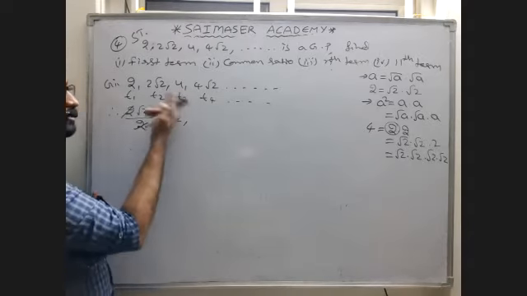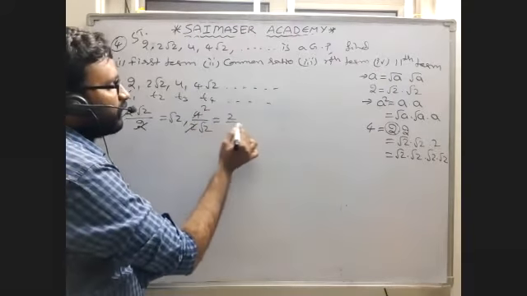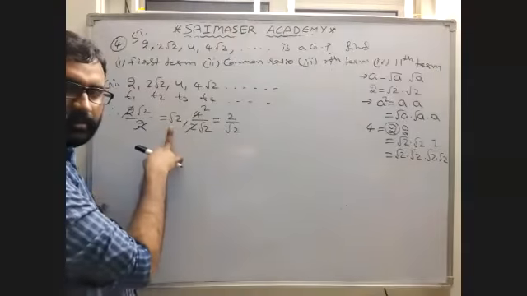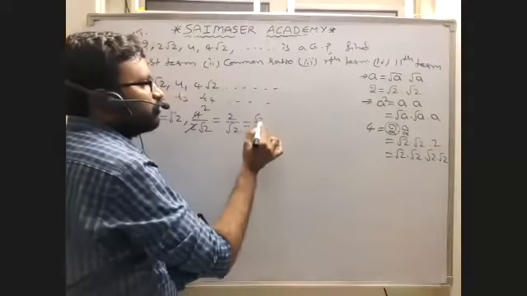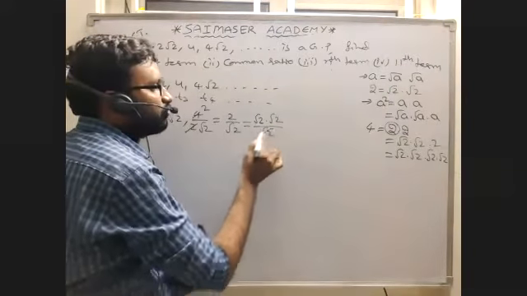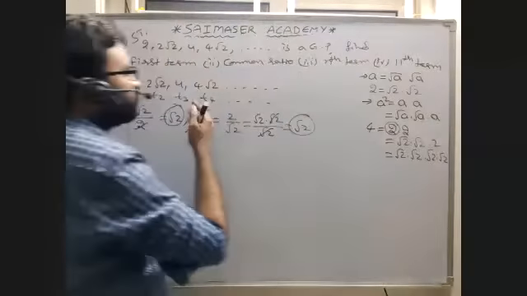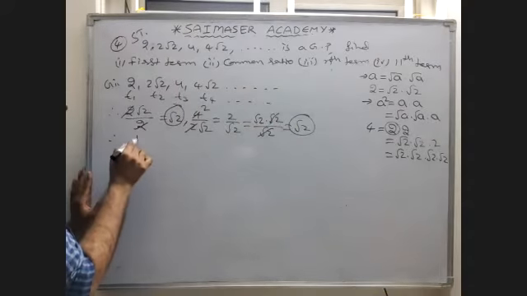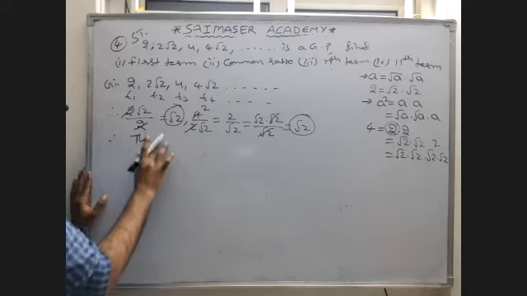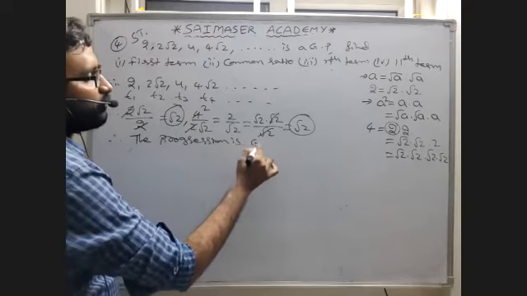Okay. Next, this by this we will see. 4 by 2 root 2. Also, you should get root 2. 2 1s are 2, 2 2s are 4, cancel. That is 2 by root 2. But we should get root 2, na? That is 2 by root 2. But we can write this 2 as root 2 into root 2. Root 2 into root 2 by root 2. Root 2 cancel again. What? Root 2. So here root 2. Here also root 2. Like this, if you solve this by this also, you will get root 2. Therefore, the progression is GP.